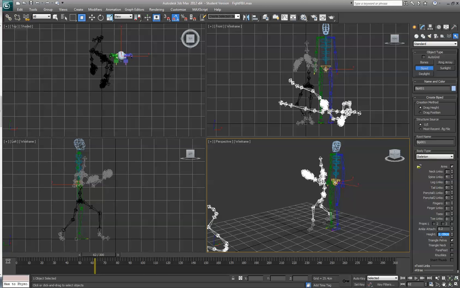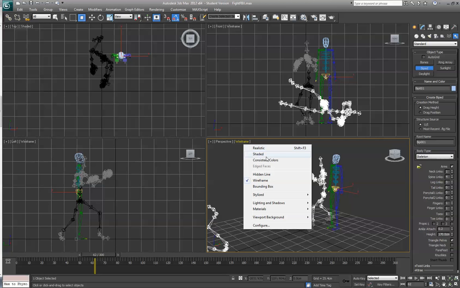going to set him to, I think I figured 150, no, let's go up to 170, which is probably close. Yeah, that looks about right. So let's change this from wireframe to realistic,